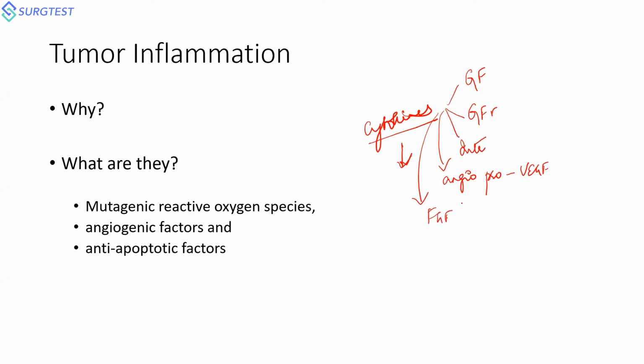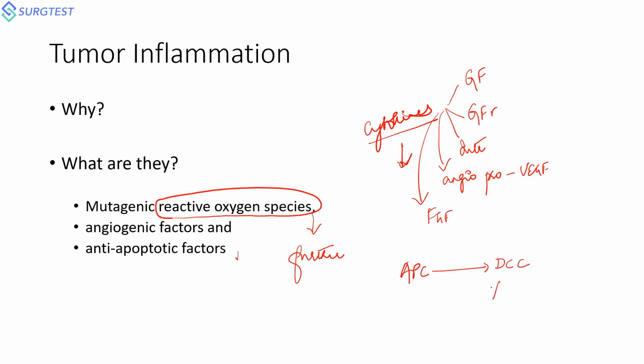And most commonly, your anti-apoptotic factors will be your BCL genes. And reactive oxygen species will be produced by your local inflammation. This reactive oxygen species is the primary culprit which enables further additional mutations. If you remember in my previous slides, I told you APC is an initiating factor where a lot of other mutations, your DCC, P53, loss of function mutations and all, will follow. How are all these acquired in the person who has an APC gene mutation?